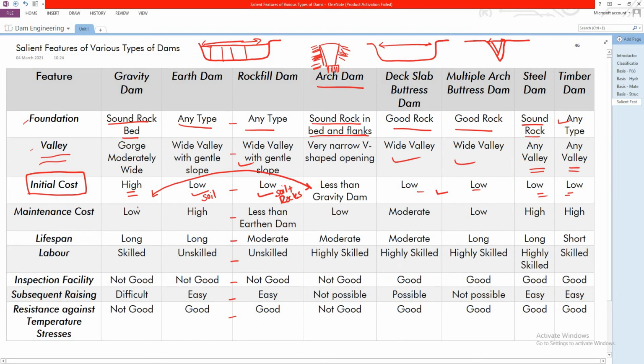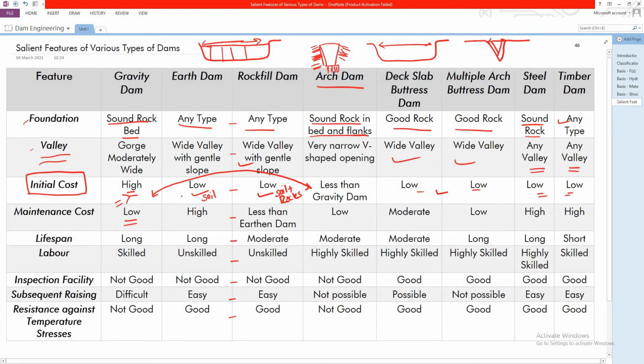Okay, then regarding maintenance, see, whenever the initial budgeting is high, we can see that the maintenance goes low, because whatever highest quality material is put to use for construction of that specific type of dam renders the maintenance of that dam to be on the lower side. See, concrete gravity dam, already high quality material and the highest level of accuracy and precision is put to use in gravity dam construction. That's why the maintenance cost here is low.